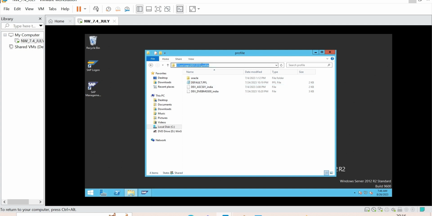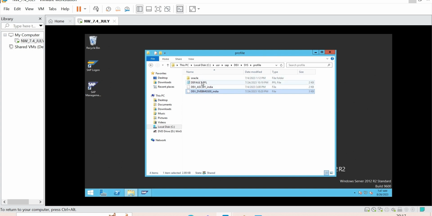Write down: /usr/sap/SID/SYS/profile. In that, how many default profiles am I having? Only one default profile. How many instance profiles am I having? ASCS is one instance and another one is PAS, right?